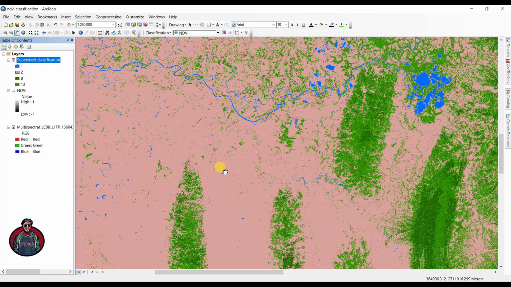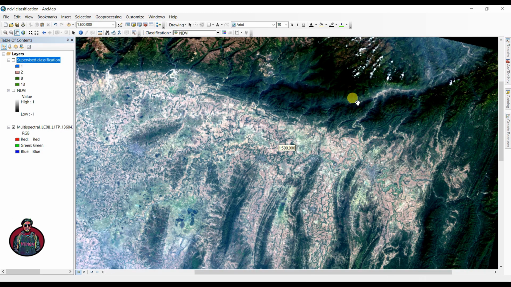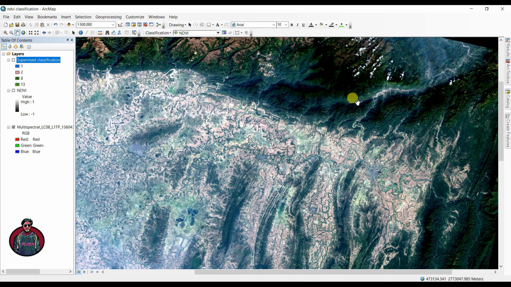The problem is that in this image some forest covers are in shadows and others in light areas. The classification algorithm works with the reflectance of an area, and in the sunlight area the trees' reflectance is more than in the shadow. So here the problem is created.